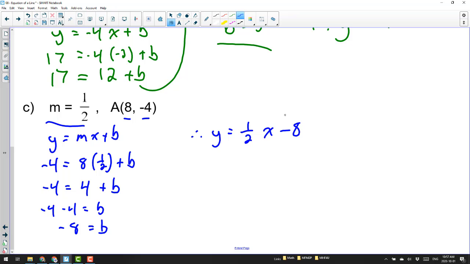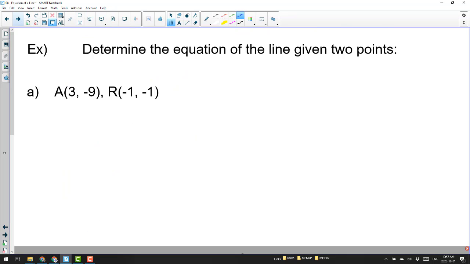Okay, so if you're given a slope and a point, that's how we're going to solve. We're going to plug in the point and solve for our b. Now, what about a scenario like this, where I don't give you either the slope or the y-intercept? I'm only giving you 2 points. Well,